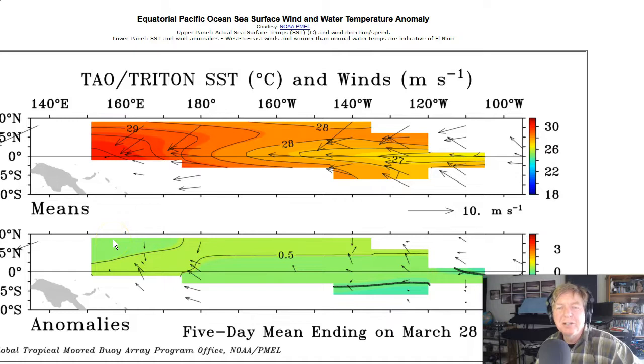First up, let's take a look and see if we can find any evidence of the active phase of the MJO over the Pacific Ocean. This is the East Pacific here. This is the West Pacific. This is the equator. This is the dateline right here. The arrows are what we're looking at. They are 5-day average winds. Data obtained from a series of buoys, the TAO buoy array, strung across the equator, used for monitoring El Nino, but you can get a pretty good idea what's going on if you're in the active or inactive phase of